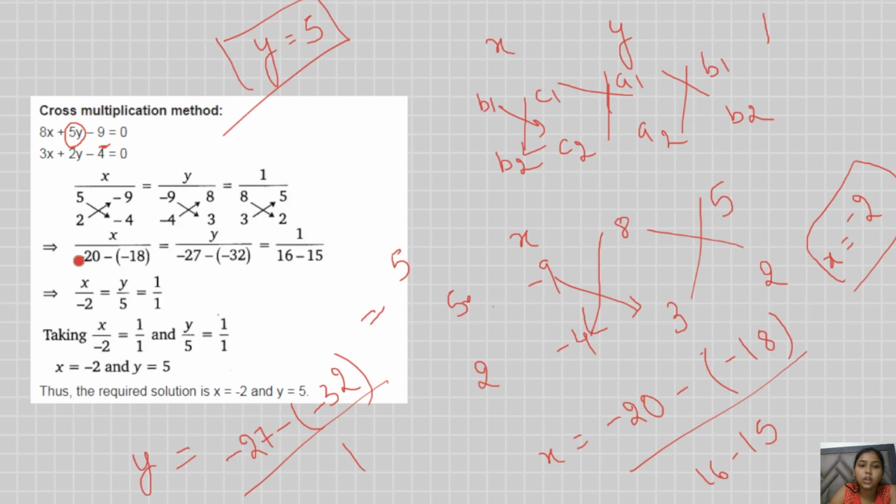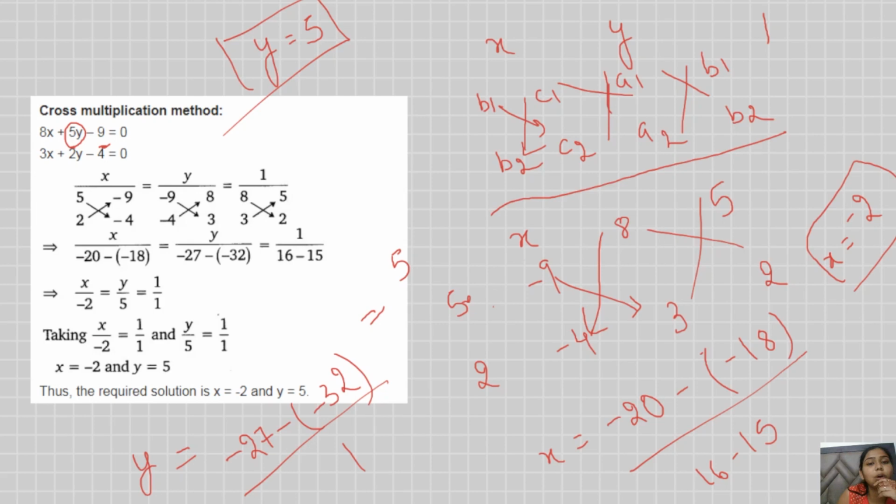In cross multiplication method, the students are very afraid of doing this method, but this is very easy method. You just have to draw this diagram, put the values in this diagram, and you itself will put the values in this equation, and you will be getting the value of x and y without performing any calculation. This is very easy part. So let's forward towards our another word problem.